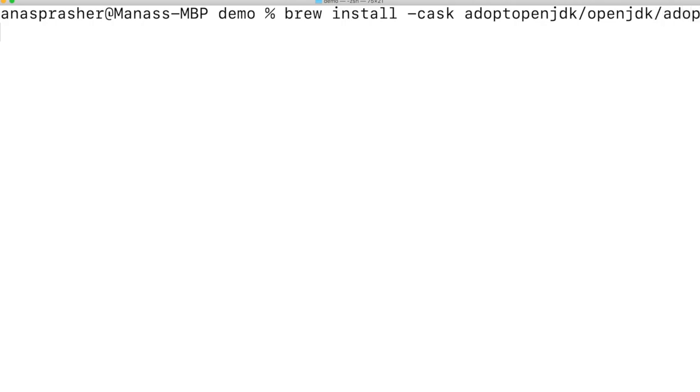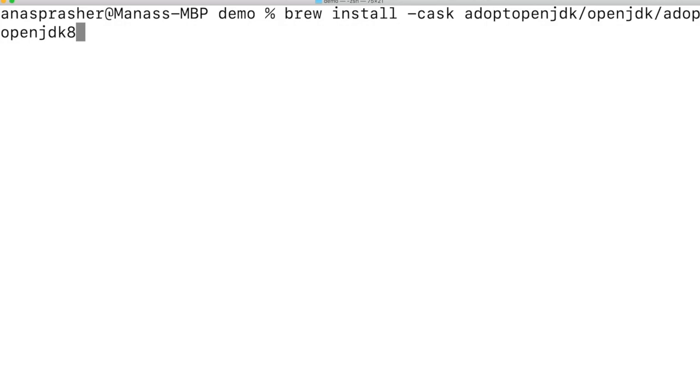Adopt OpenJDK 8. So you also need to make sure that the JDK version you are installing is JDK 8